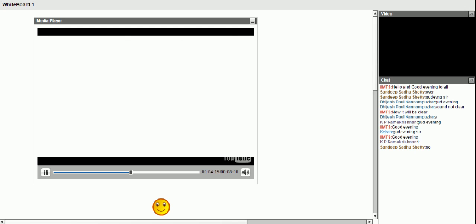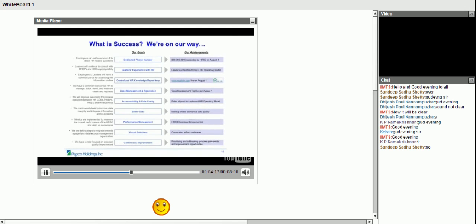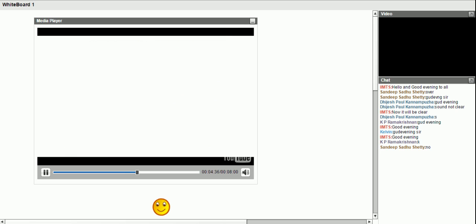Pepco's executive sponsor steering committee challenged them with this question. So how would you define success? The HR project team thought about that, defined it, and used that as their North Star to guide them throughout their project. By rollout, they tallied up their achievements and found they had either accomplished the goals they set for themselves or were on their way to achieving them. And in addition to the